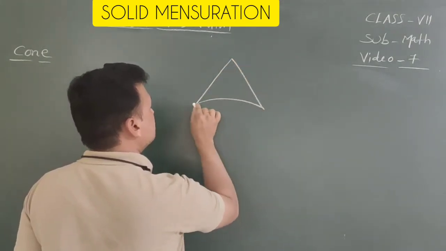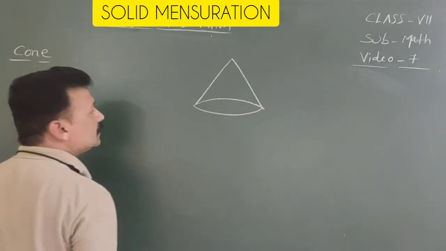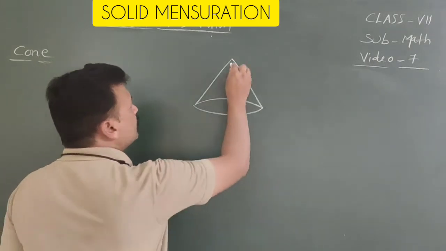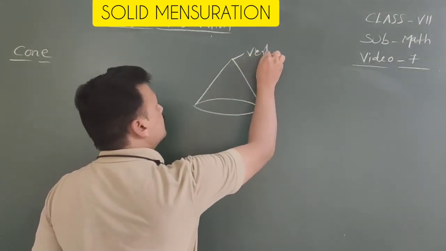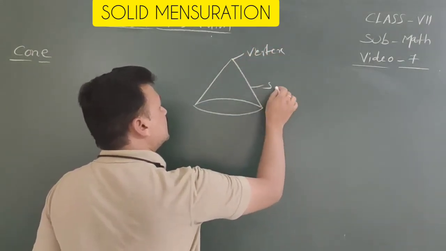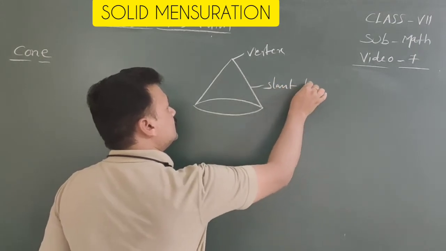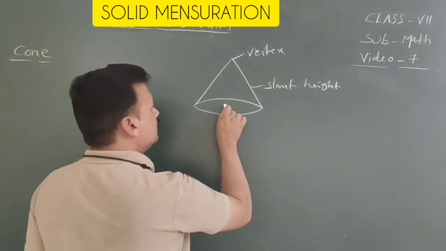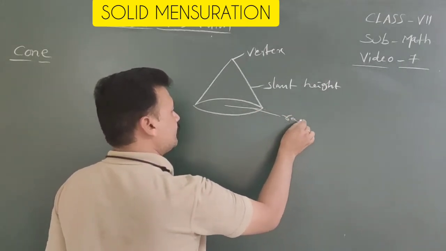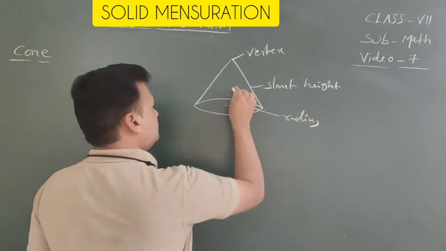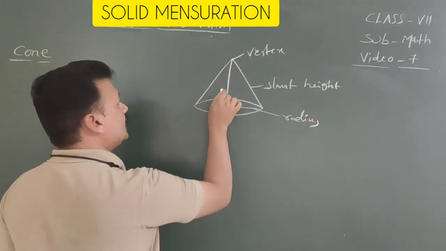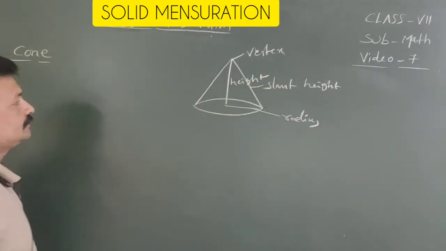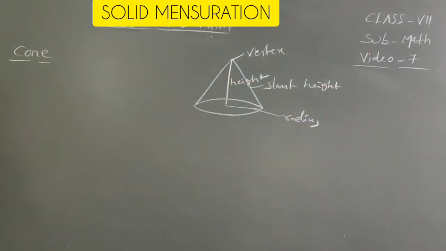Cone is also considered as a solid figure. Actually, cone is a pyramid which has a vertex and slant height, radius, and height. Here for cone,